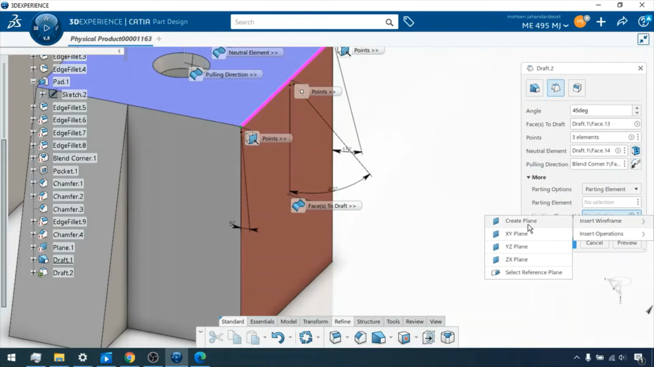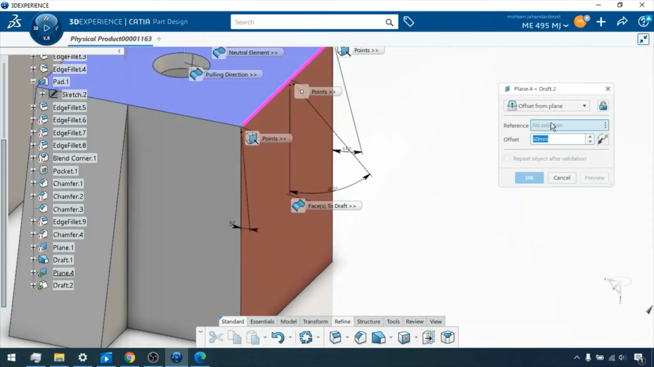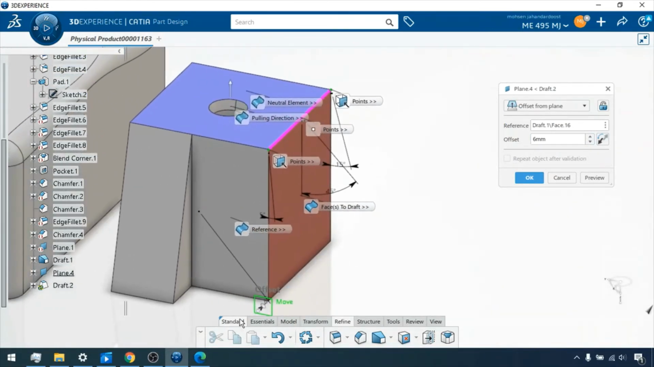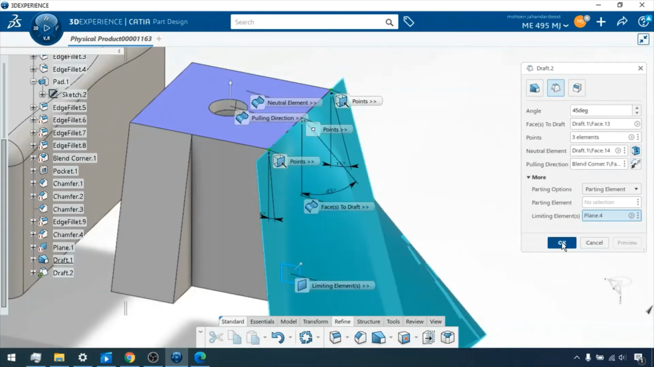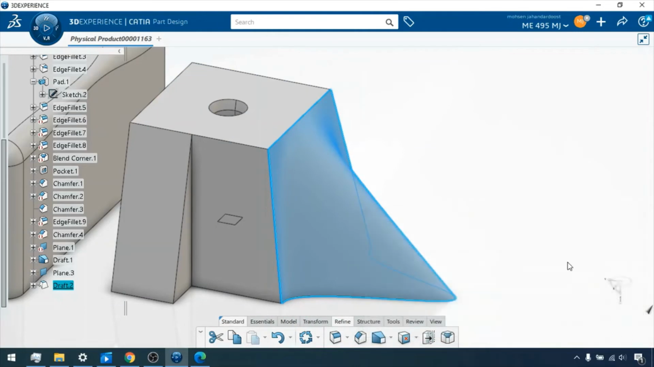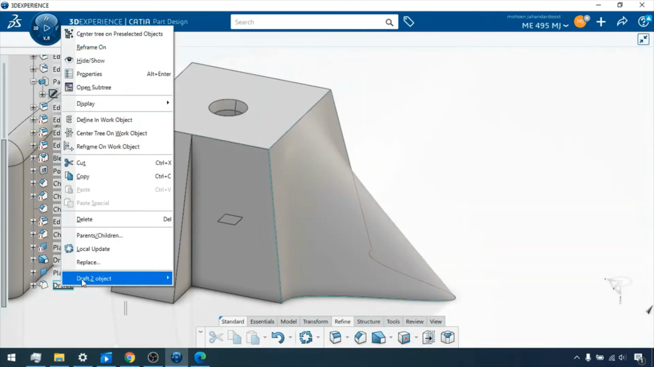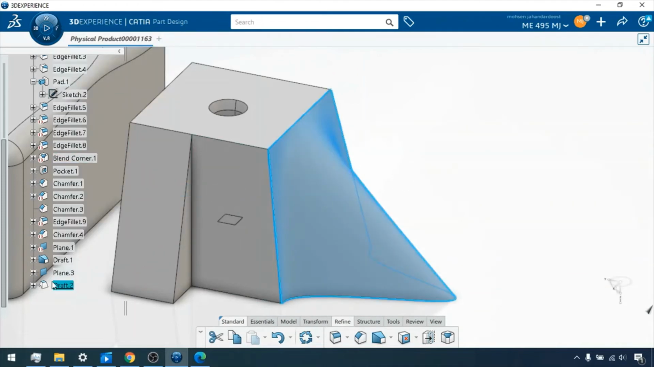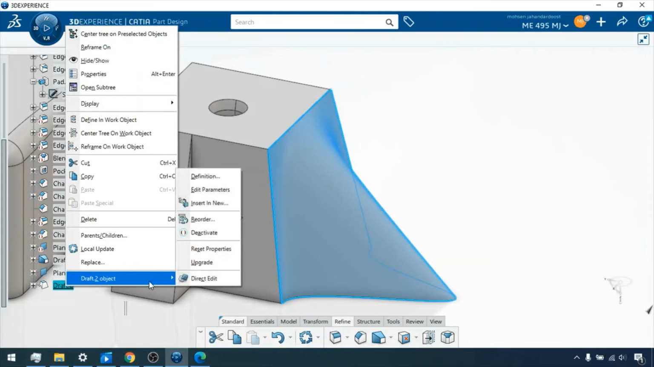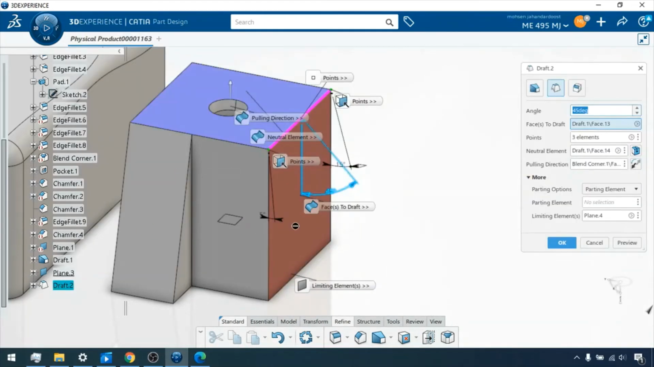So let me select, for example, the plane, and this time if I select this face, I make it 5. Okay, so this is the plane that I have. If I put the plane here, now let's see if the software can calculate it or not. For some reason it cannot calculate the stopping limiting location like the other one, because it's a very